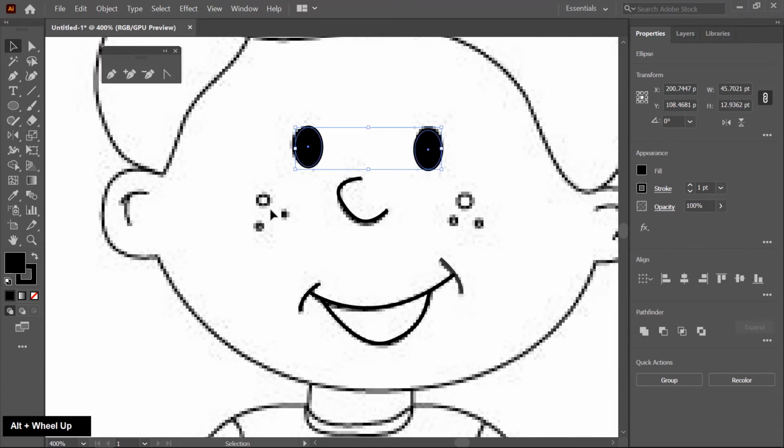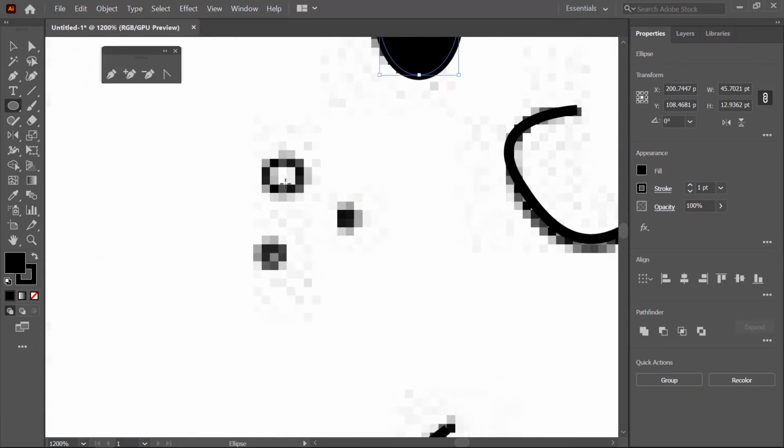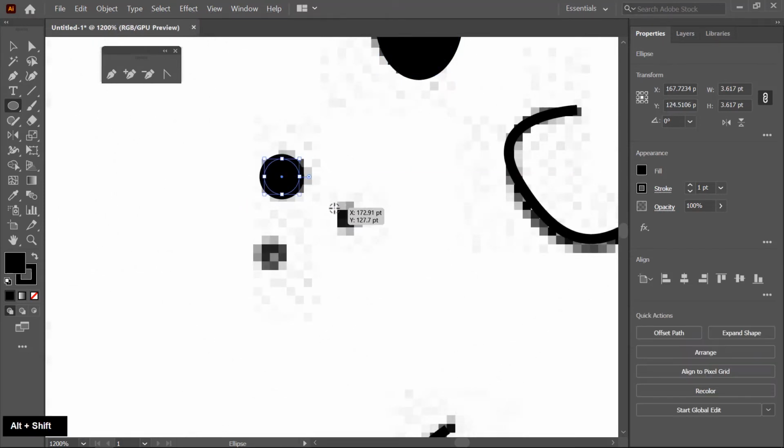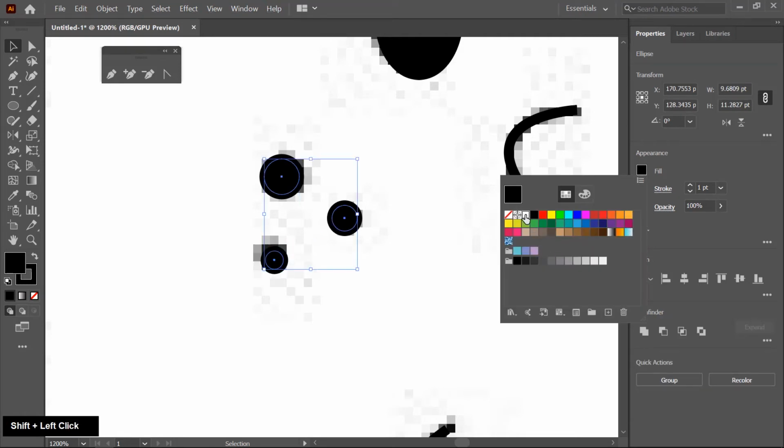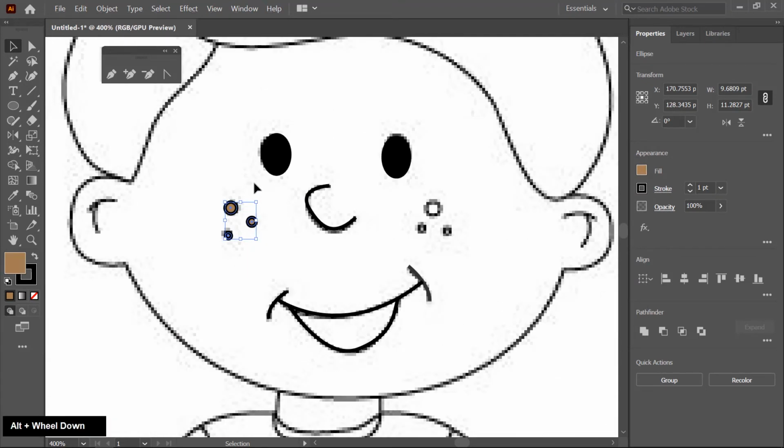Now I draw these circles. By pressing Shift and Alt key, you can create these circles from the center. Now I select these circles and fill with white color or skin color. Now I select again and create a duplicate copy.